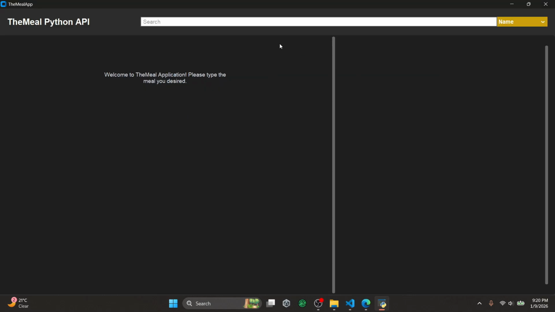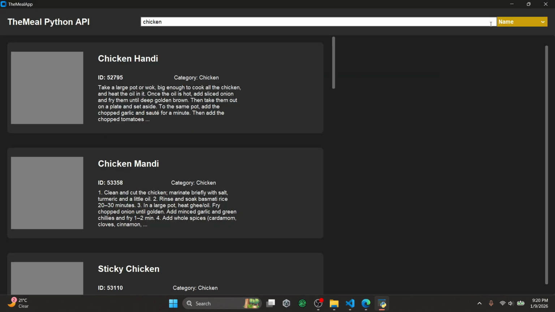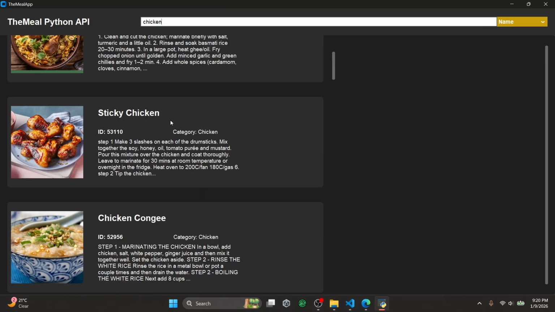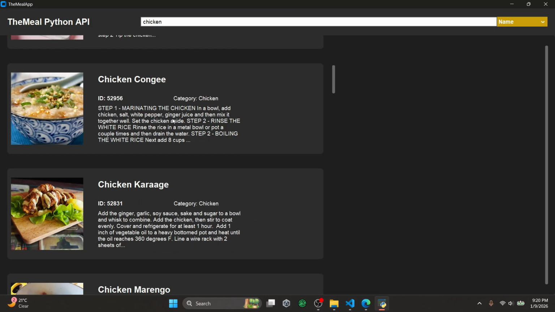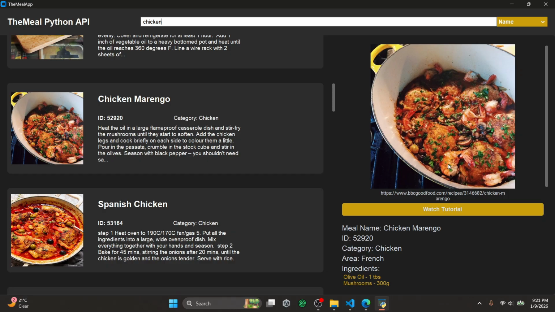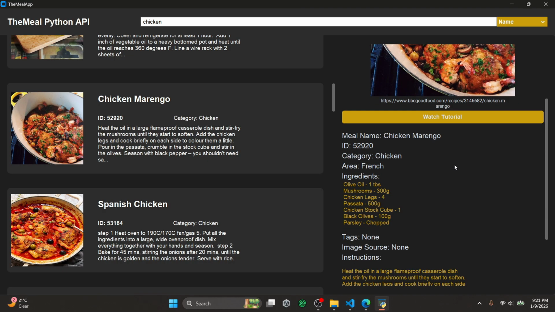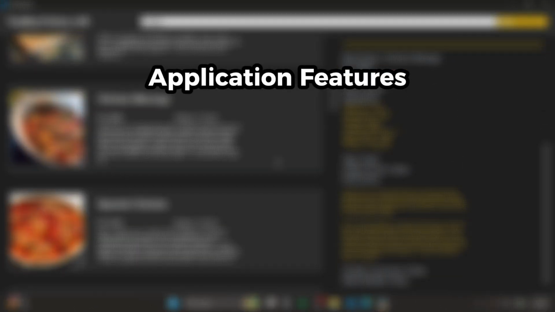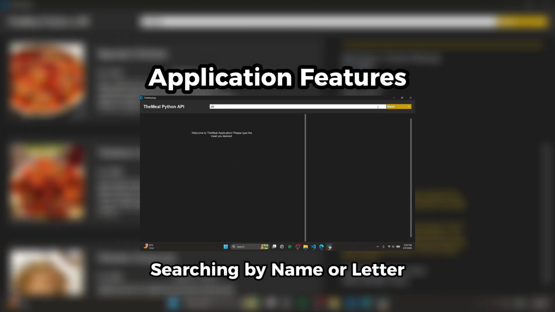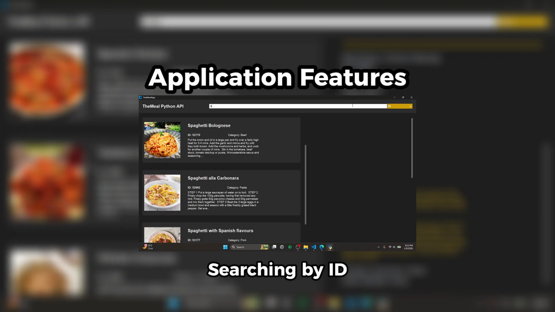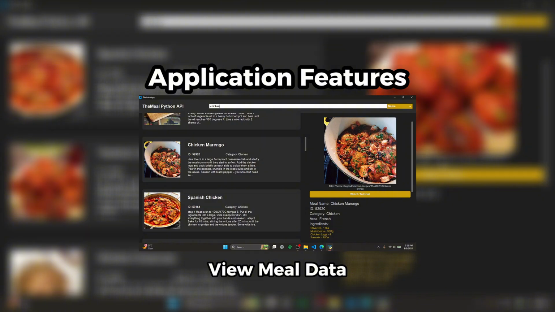This is the Meal application, a lightweight Python application built with custom tkinter. I kept my goal simple, that is to get a clean user interface for exploring meals using TheMealDB API. My application will only have these core features: search by name or letter, search by ID, view meal data, and